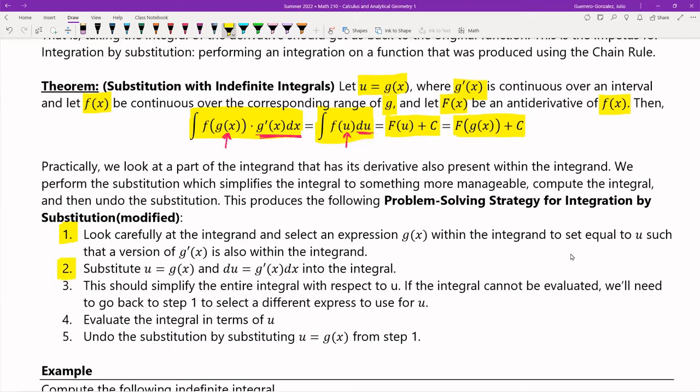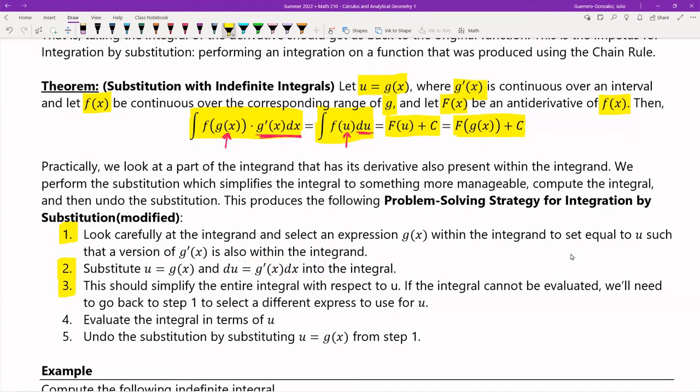Step two is you do the substitution, you let u equal that thing, g(x), right? And then you take the derivative and substitute that into the integral as well. Okay. Step three,